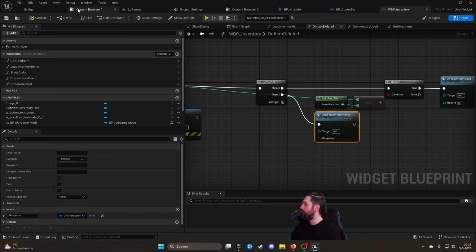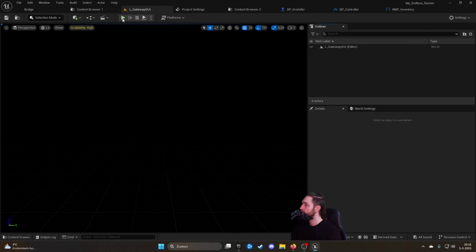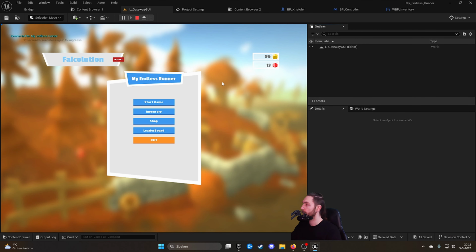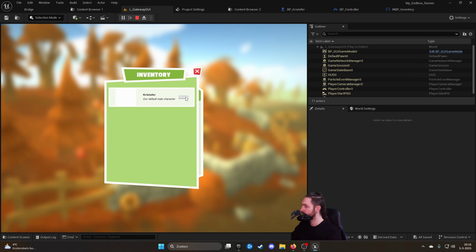So we go to our content browser, go our applications level, and we open up our standard level. Press play. Here we have our game, we have our inventory. Yes, I only have one and it's already used, and there's no picture right now. If you go to shop, you see here Elena is here. If you uploaded a picture, you have a picture of Elena here as well. You see I don't have enough coins, so